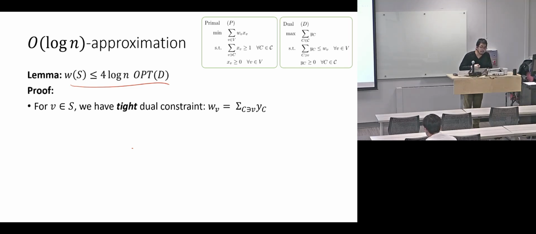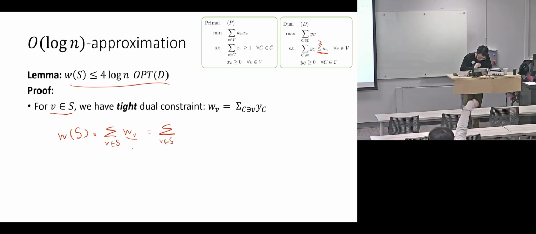The only thing we know about our solution is that it's tight. Everything in our solution is tight. So we write down this is the sum of all the nodes in S, WV. But WV is tight. So for every node here, it is a sum of all cycles that contain V, YC. And I just swap the sum